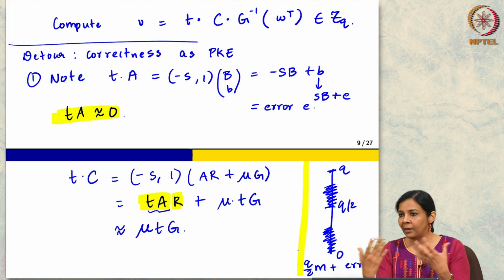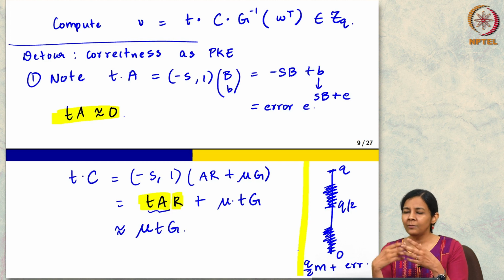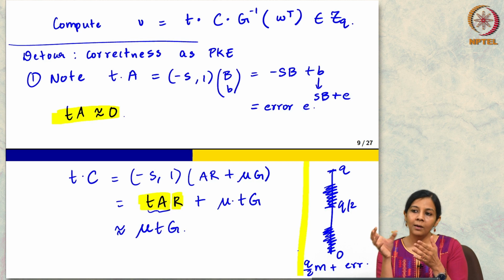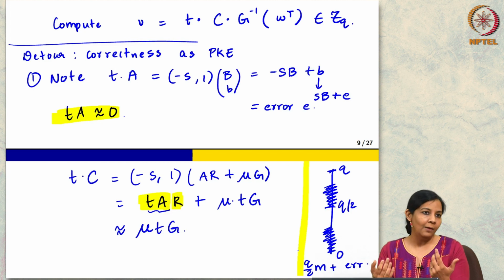Intuitively speaking, as long as I do my manipulations in such a way that whatever error is there in the ciphertext is only growing in some controlled way, like I am multiplying it with a binary matrix, then fine, I can bound the norm of the resultant vector when multiplied with a binary matrix and so on. As long as I can control it, the hope is that I will be okay.